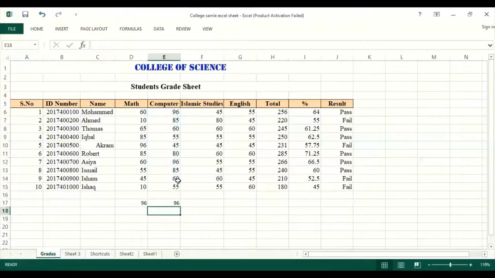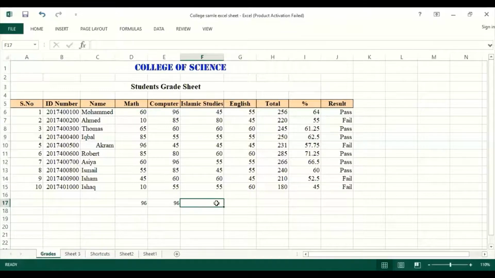So you will get the maximum value of the subject. Again, in this subject we have 96 marks. In this column there are 96 as well, so both are the highest, so it will display the maximum value.